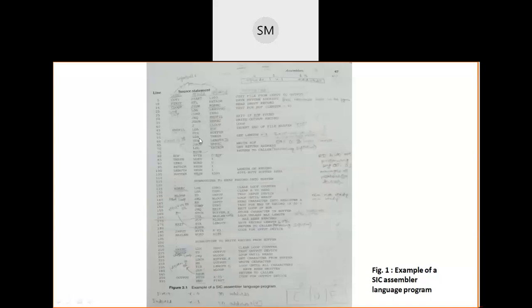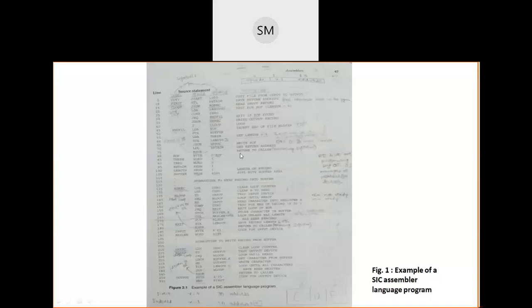The next LDA. LDA means from memory to register. In memory, what is there? 3 is there. So you go and observe the 3 variable. For this 3 variable or operand or label, one word of memory is reserved. In that one word of memory, one value is stored, that is 3. Why this 3?